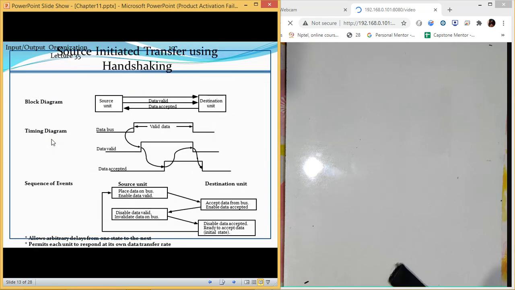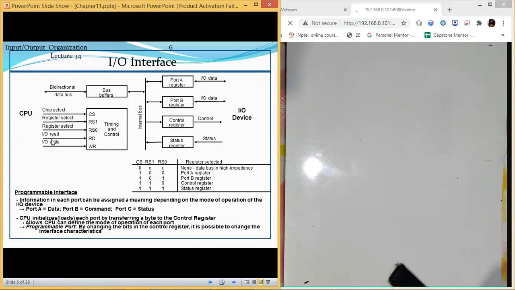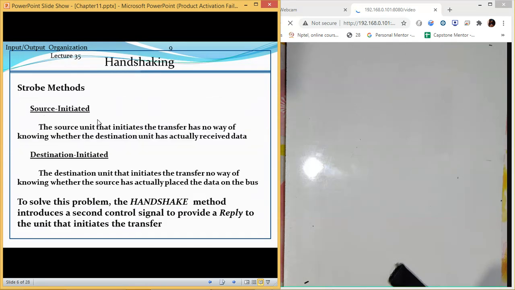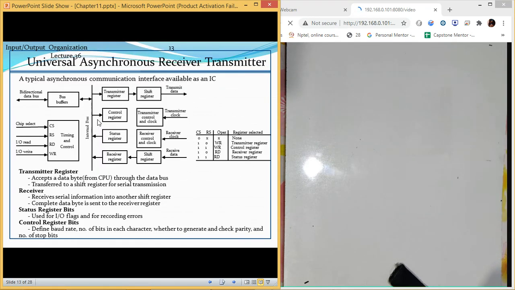If you check the last one, we had CS chip select and two register selects, RS0 and RS1. Now in this case we have a single RS because we only have two types of registers. One is receiver and one is transmitter.